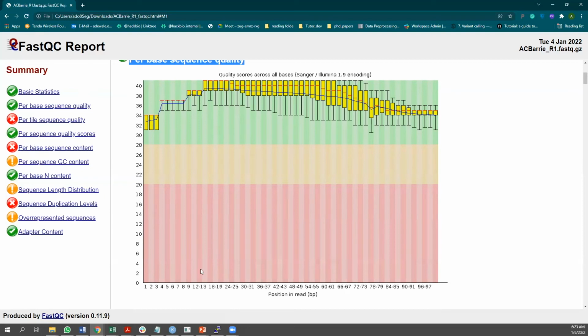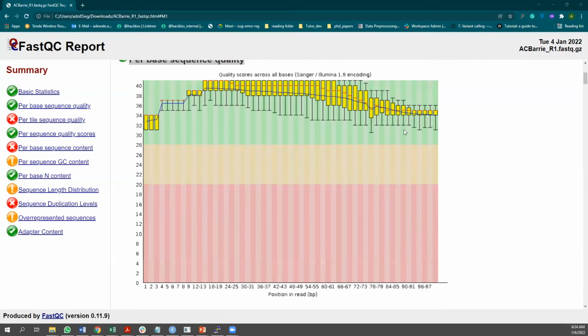So what should you look out for in this plot? Your box plot should be in the green portion, meaning the average quality score is high, right? This green represents safe, red means danger typically, and yellow probably means warning, and you should be careful. It is still accepted if your whiskers extend into the yellow region, but not so much into the red region, okay? You should take note of that. Basically, from our output, this looks very good, but for instance, you may have some terrible plots,